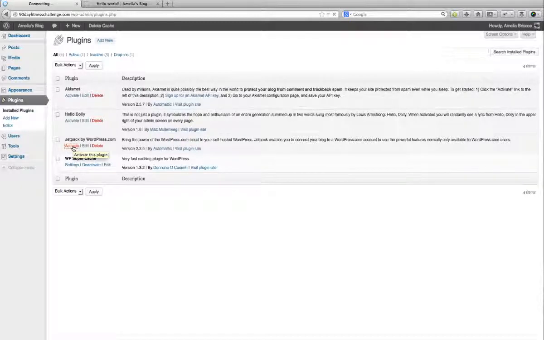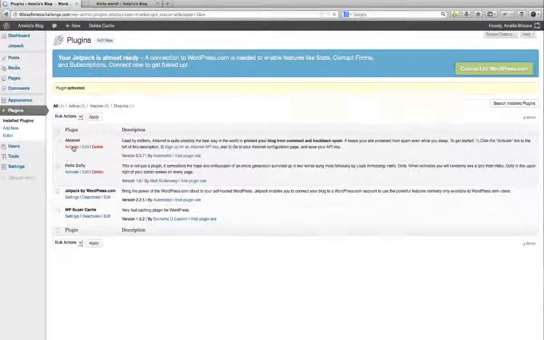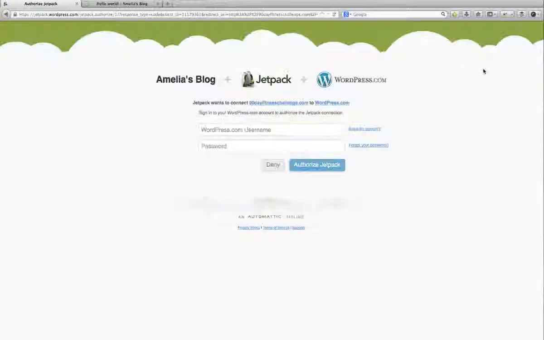So let's activate the plugin, and it's going to show a little message once it's activated, and it's saying that Jetpack is almost ready. We need to connect to our WordPress.com account to enable all those features. So let's click on the connect to WordPress.com button there. It's got a small little key that WordPress needs to grab, so that's why we're authorizing with our WordPress.com account. So let's add in a username